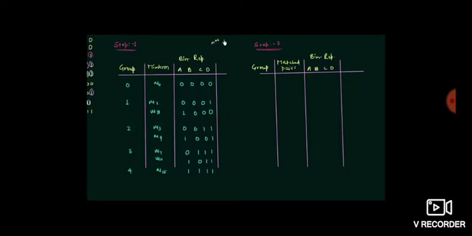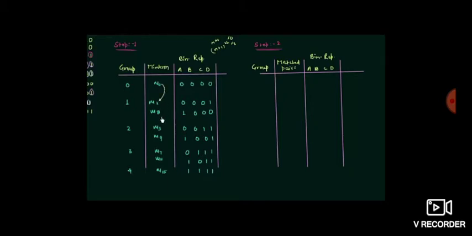That means comparing the group with one zero, we are comparing m0 with m1, m8, m3, m9, m11, m7, m15. A matched pair is nothing but only one value being different. When we are matching the zeros and ones, only one value will be different. That is the matched pair. In case two values are different, that is an unmatched pair.